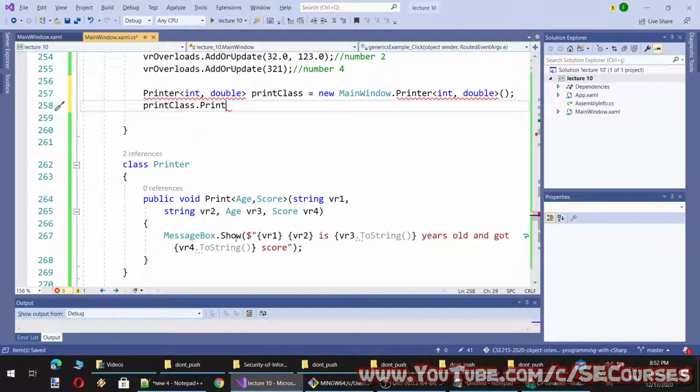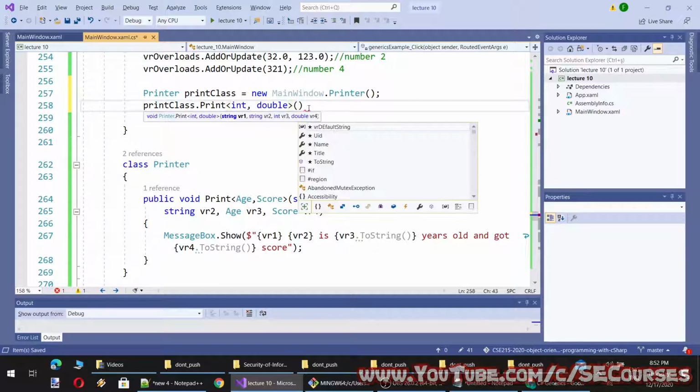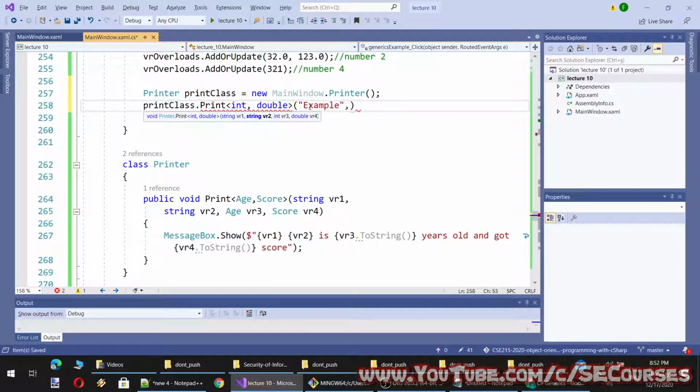You see, it is expecting me to, by the way, I can't define it like here because it is not a generic class, therefore it will be like this. And I will provide the data types in the print method when I am calling it, and I will provide then the value as example student.